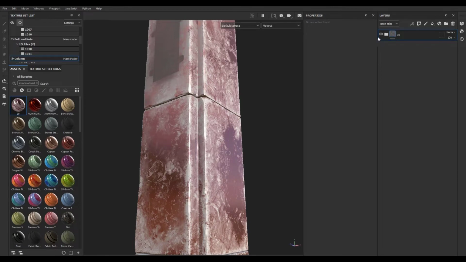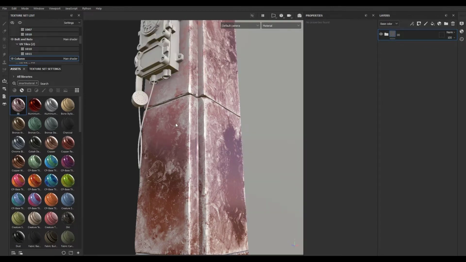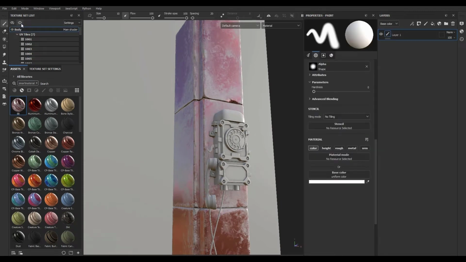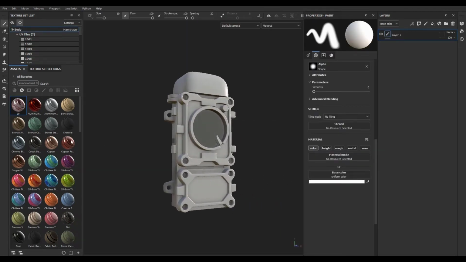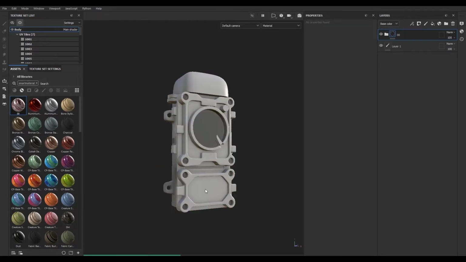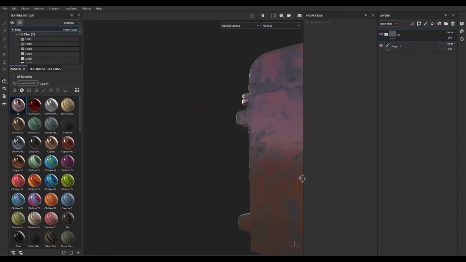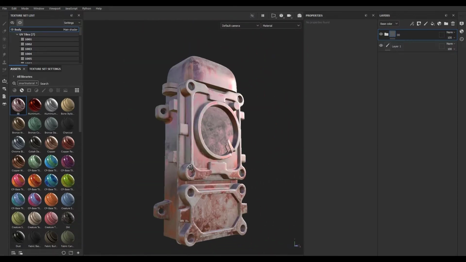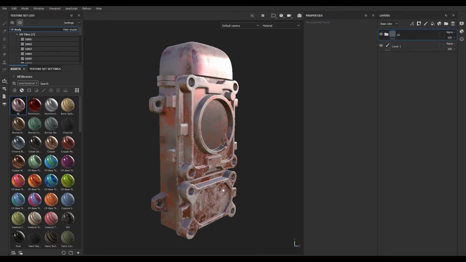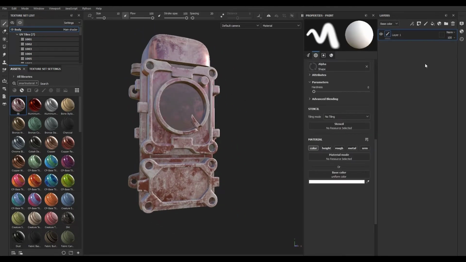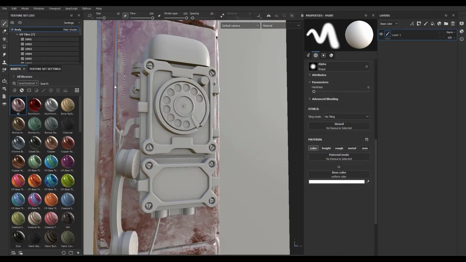So if I choose another, for example the phone body, and drag and drop this new material to this one, it's going to react to all the edges and grunges and the projection and all of that good stuff. And it's going to work on the new surface. So let's go back to column,